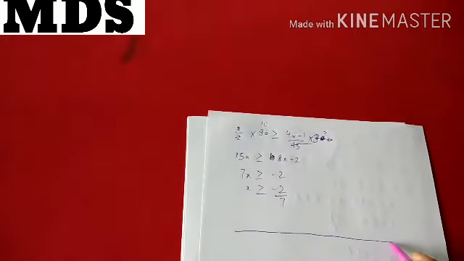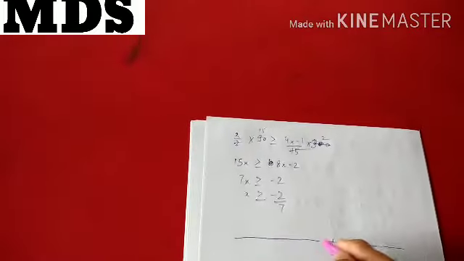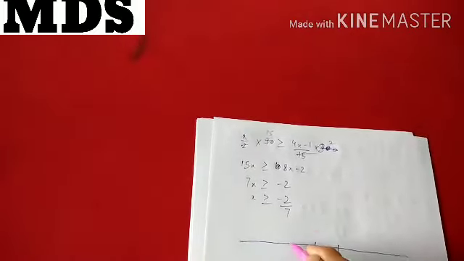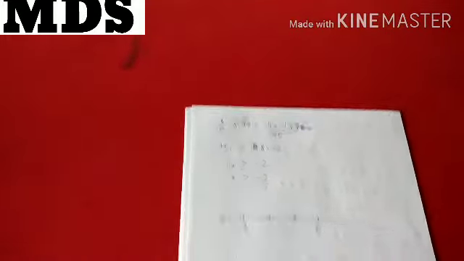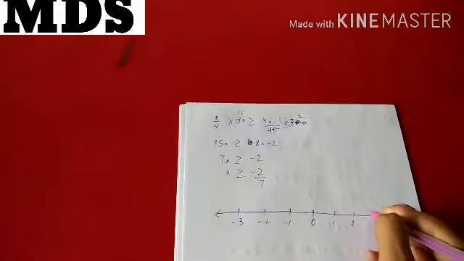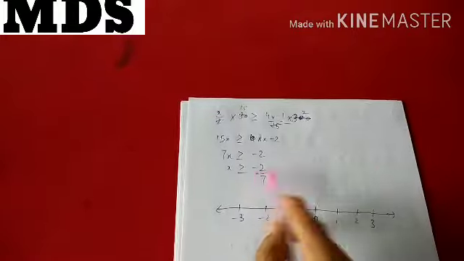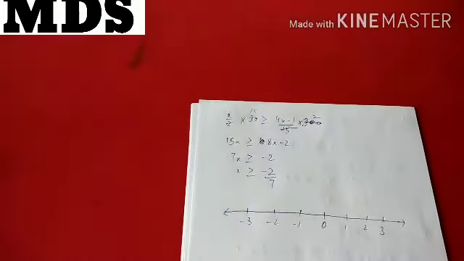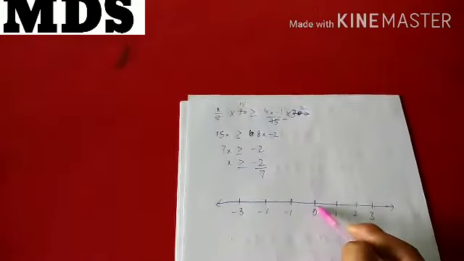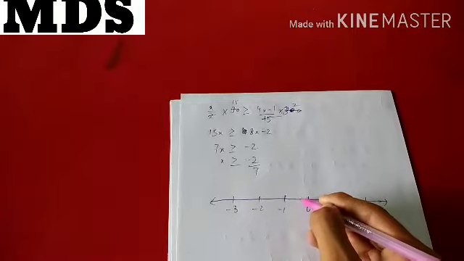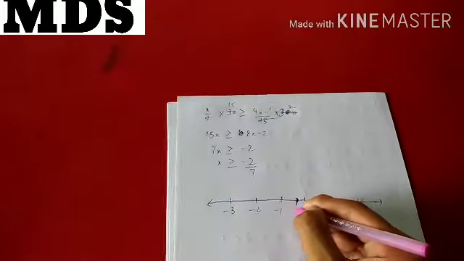So first of all we will draw the number line. Suppose it is 0. Here it is 1, negative, minus 2, minus 3 till infinity. Similarly here 1, 2, 3 till infinity. Now what will be minus 2 by 7? It will be 0 point something, but it is negative. So its value will lie between minus 1 and 0. Suppose it is here. We can mention here minus 2 by 7.